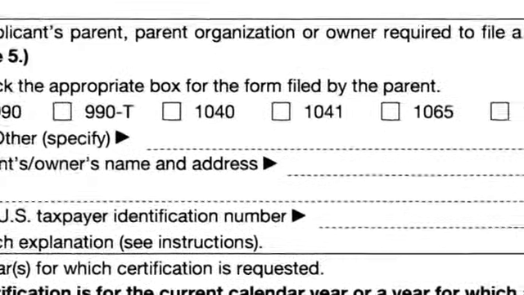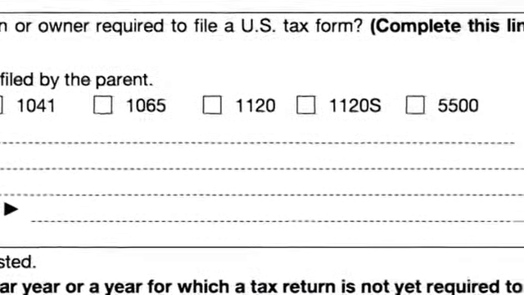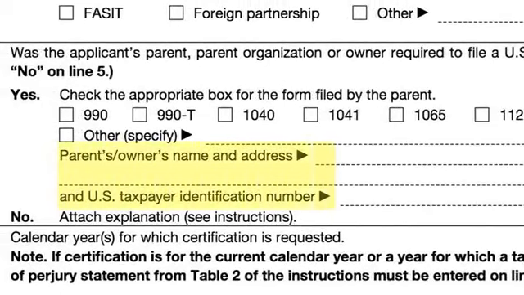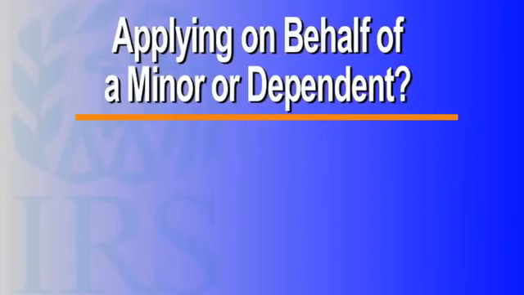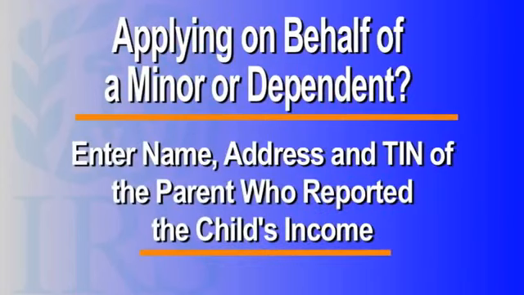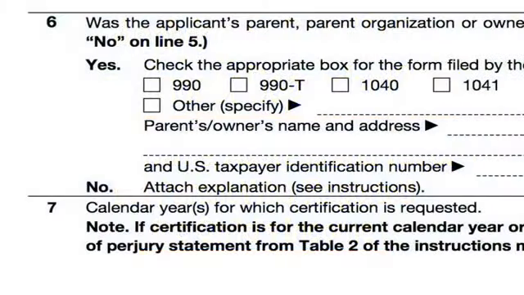Check the appropriate box for the form filed by the parent. Then fill out the rest of the information requested. If you are applying on behalf of a minor child or someone who could be claimed on a parent's return, enter the name, address, and TIN of the parent who reported the child's income. If you answered no to line 6, attach proof of the parent's, parent organization's, or owner's income and an explanation of why the parent is not required to file a tax return for the tax periods for